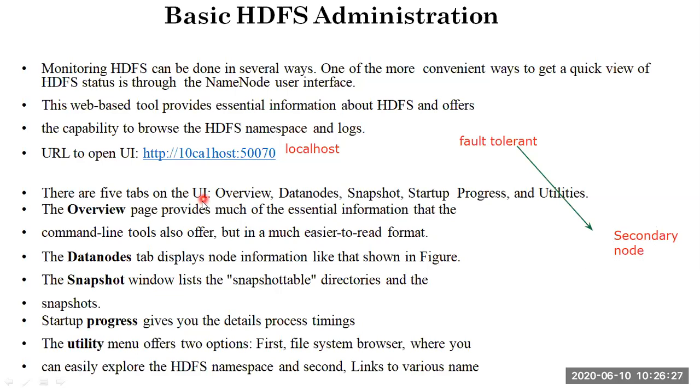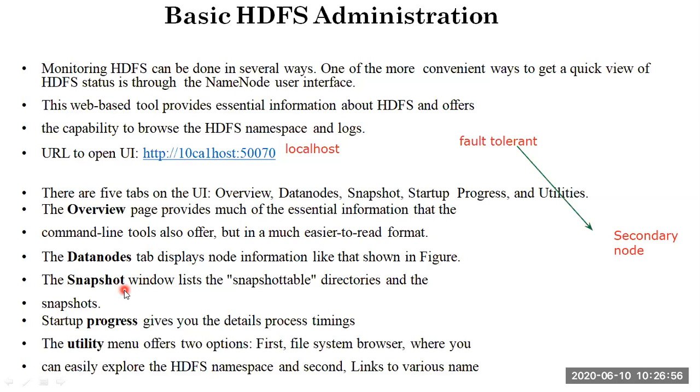Here we have the user interface with tabs: overview, data node, snapshot, startup progress, and utilities. The overview provides you the essential information. Second, data nodes provides the data node information.